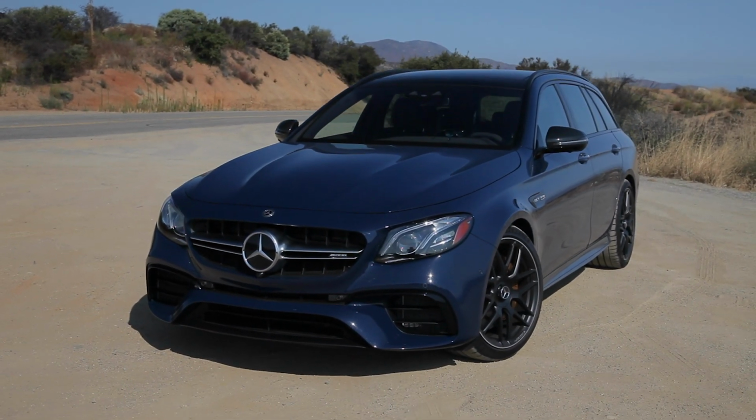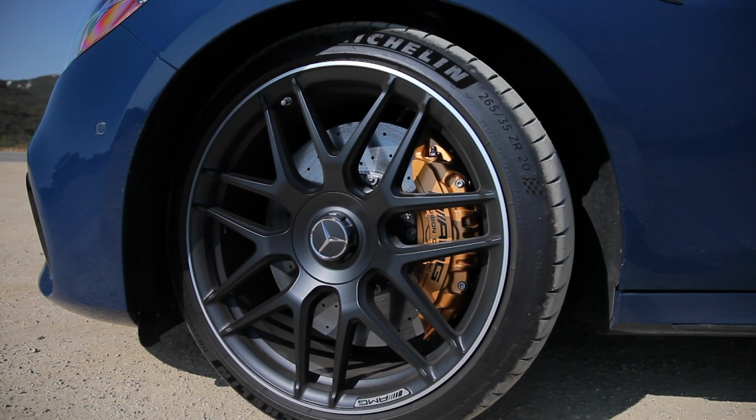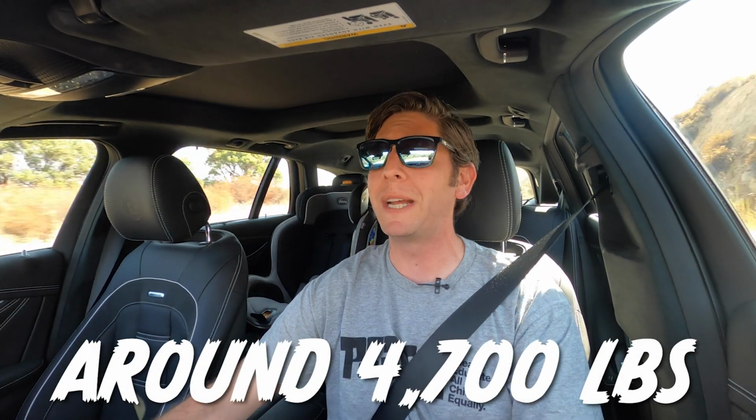This thing stops better than it has any right to do, and part of that is because it is wearing carbon ceramic brakes, which are a $9,000 option. However, I'd argue they're worth it here. Normally I say just get the steels, but this thing brakes so well. I would love to experience this on a racetrack because I feel like you can brake far later than you have any right to do so in a vehicle that weighs as much as this does. And I don't know how much it weighs. I'm just assuming it weighs a lot because it is a wagon, and it is a luxury wagon, and it is